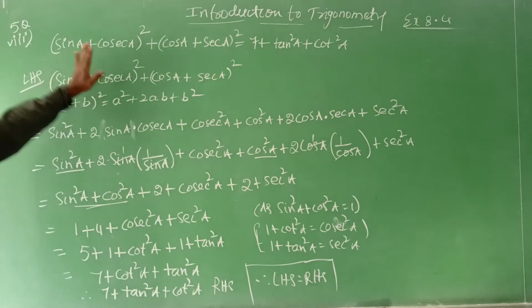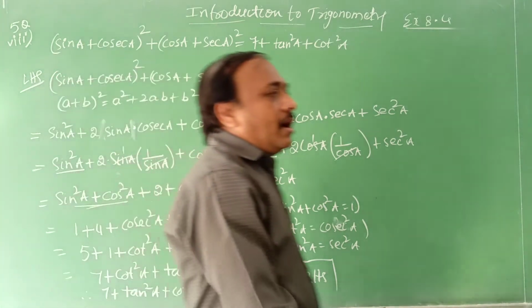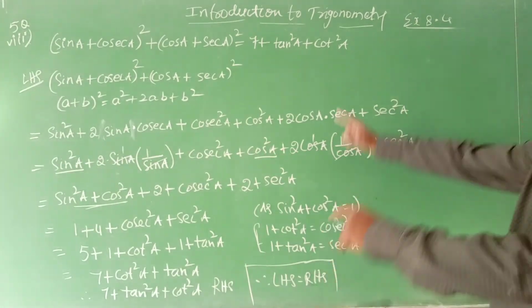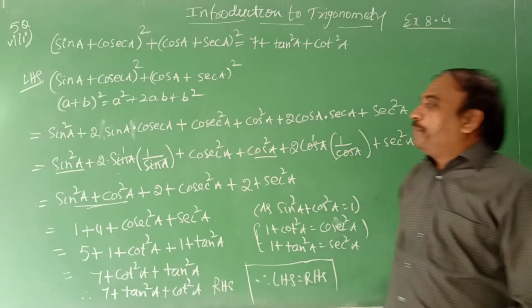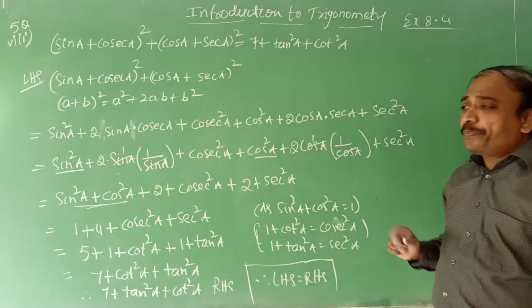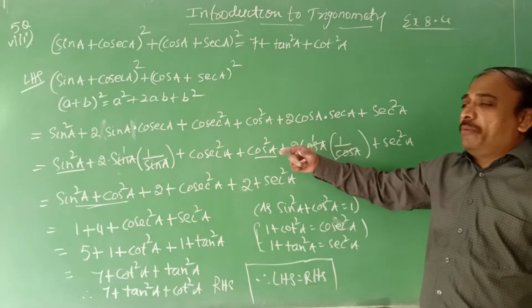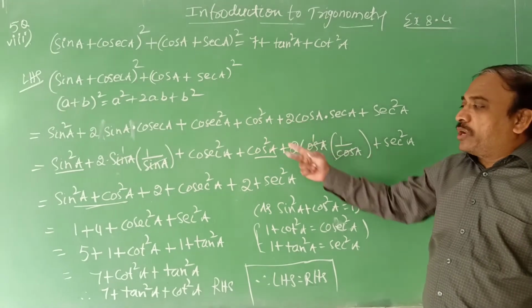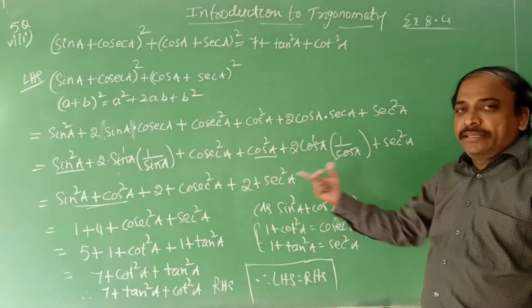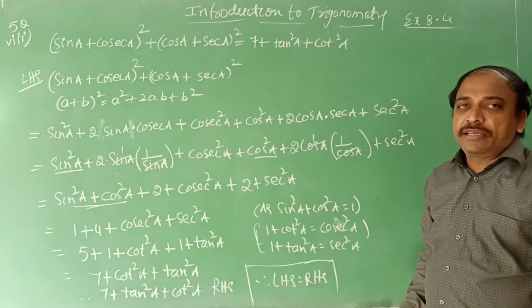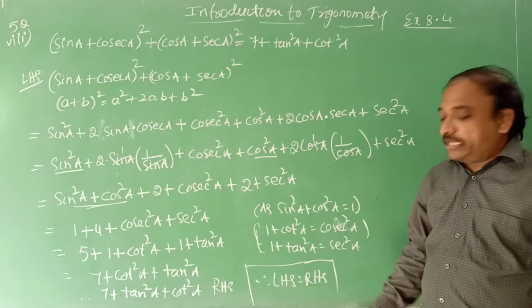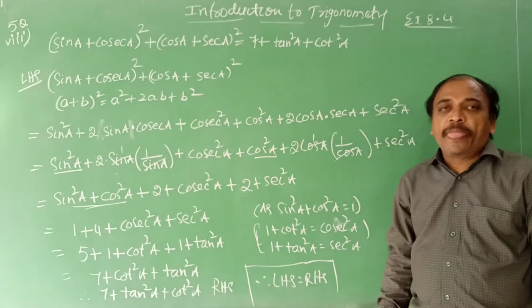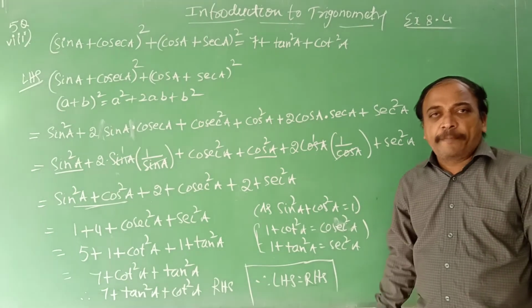We proved from LHS, that is RHS. Here we are using completely, first, the algebraic identity, then after expanding, then using trigonometric reciprocals as well as the identities, and we are getting the answer. Is it clear, students? From LHS we proved RHS. Therefore, LHS is equal to RHS. Understood?